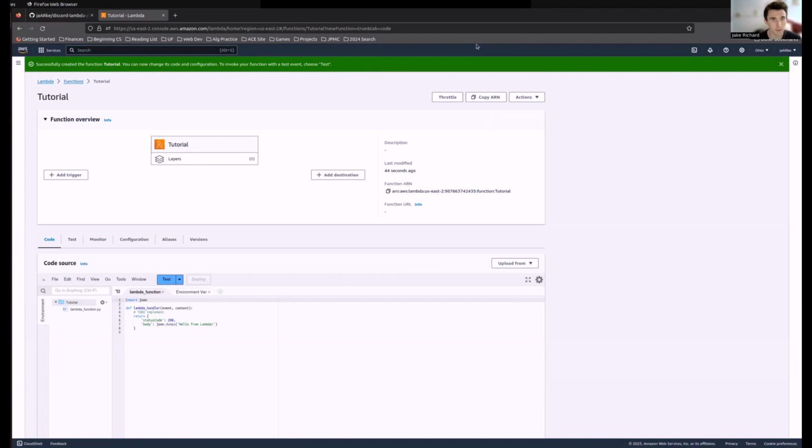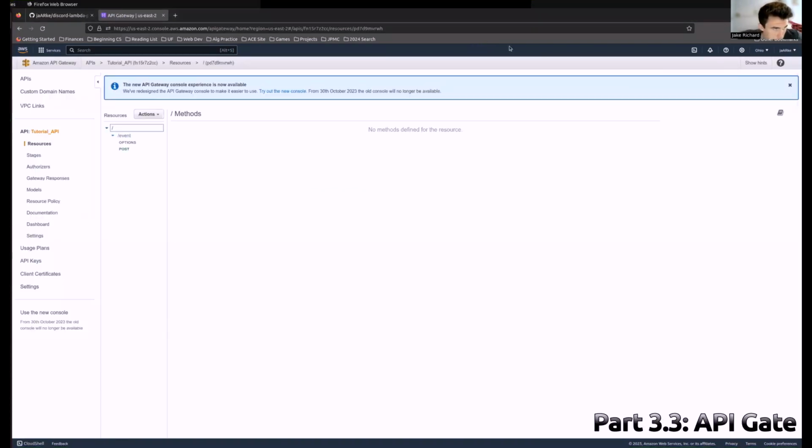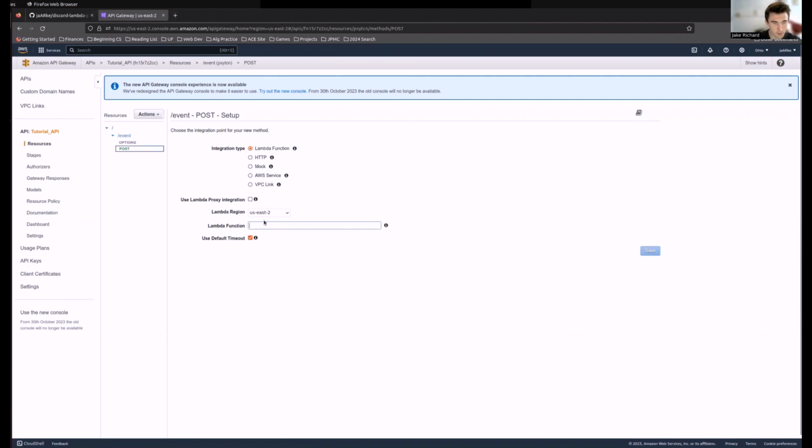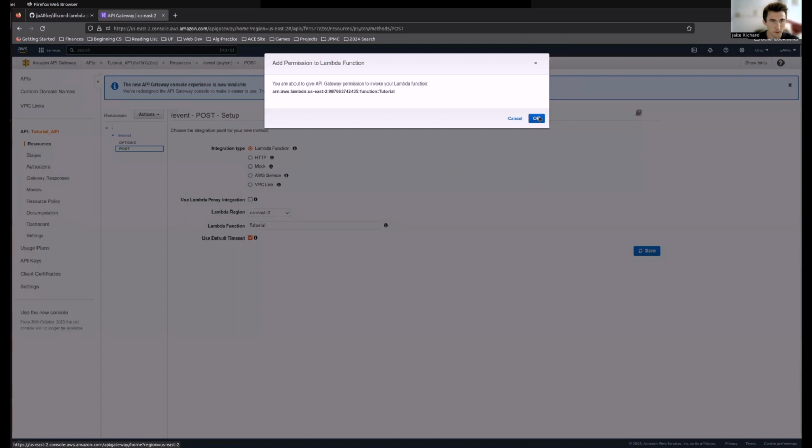Don't worry about filling in any functionality inside the Lambda function at this point. The template will take care of all of that when you push changes to GitHub. After creating your Lambda function, navigate back to the API Gateway to the API that you defined earlier, and under your POST request, add the name of the Lambda function you created. Then click Save, and click OK to the Add Permission context box.